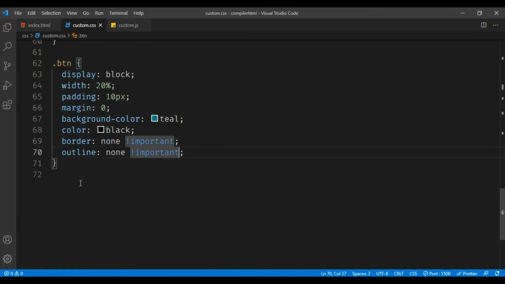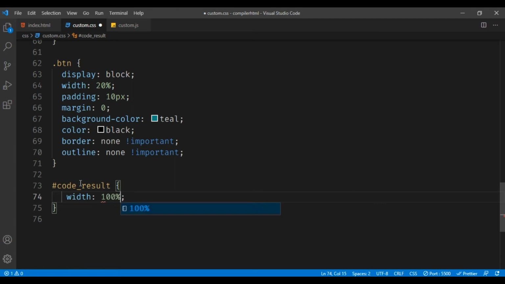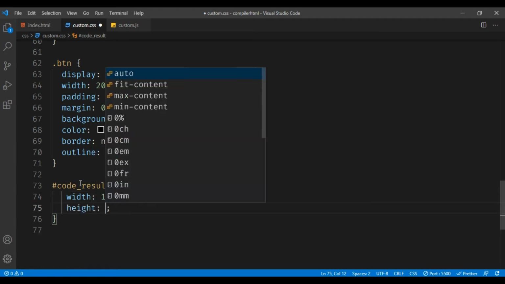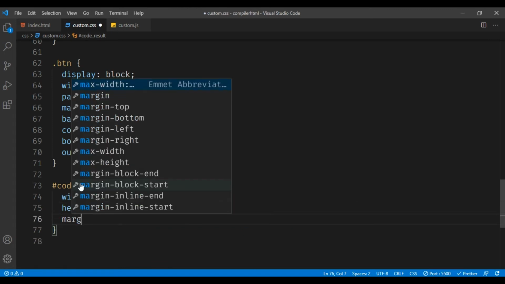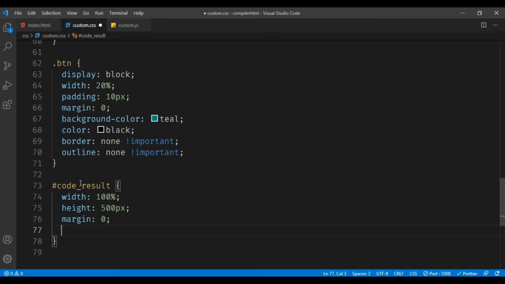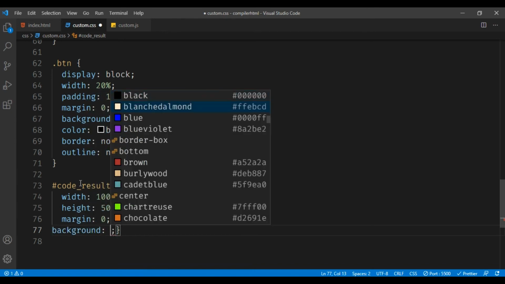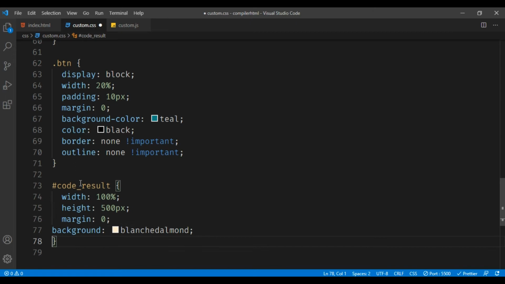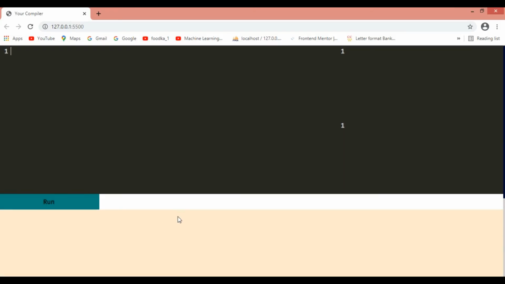So make it a code result iframe, width of 100%, height of 500 px, margin to be as 0, and background to be as, make it this. Okay guys, you can just see the background has been added here.